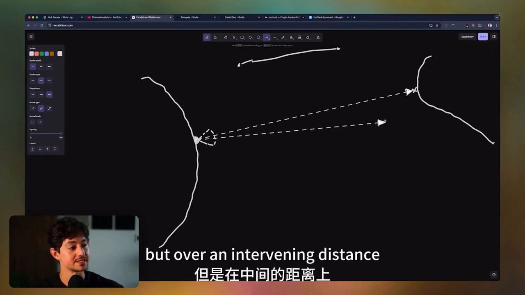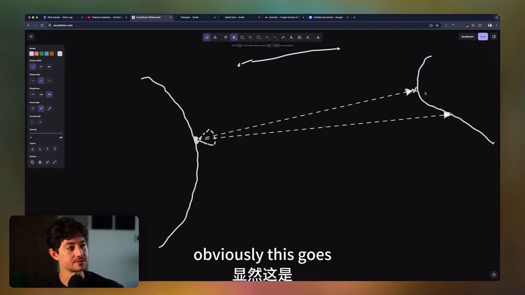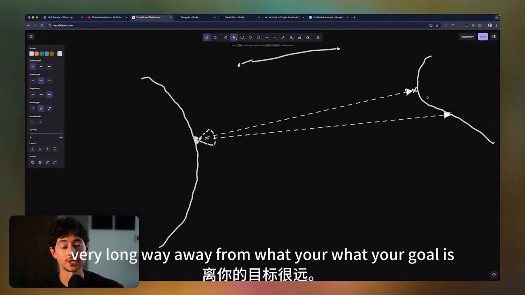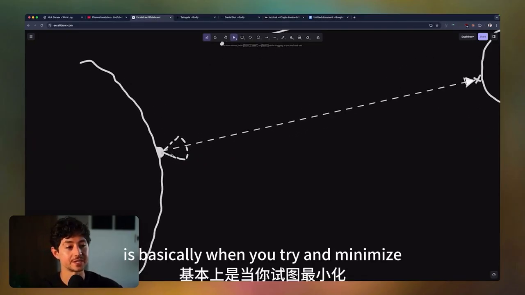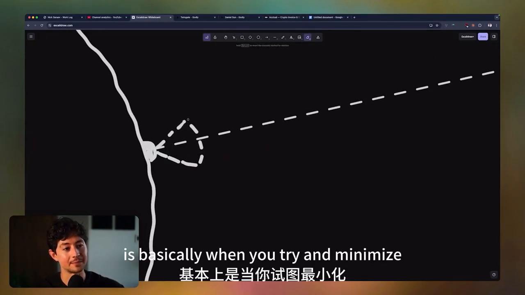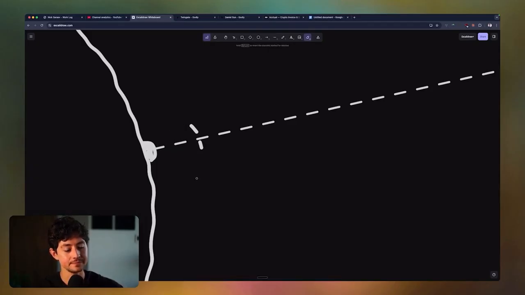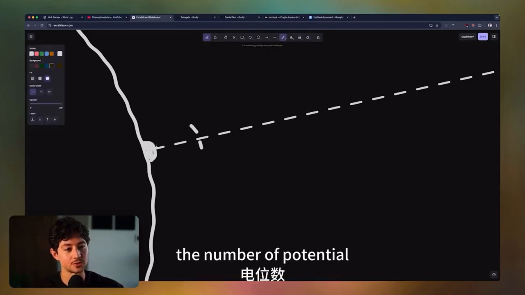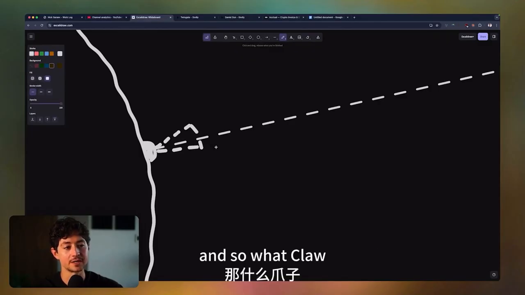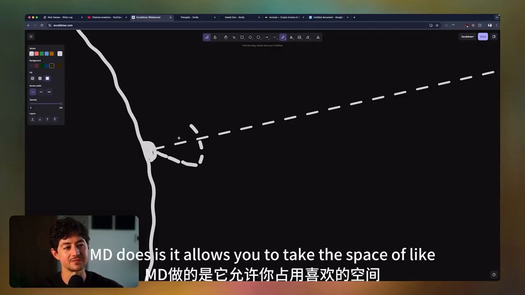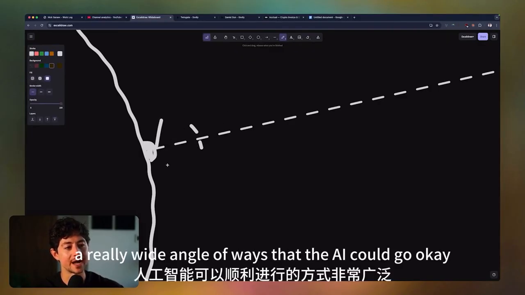But over an intervening distance of tens of thousands of kilometers, this goes a very, very long way away from what your goal is. And so steerability in AI is basically when you try and minimize the width of all of the potential options. And so what Claude.md does is it allows you to take the space of a really wide angle of ways that the AI could go, and